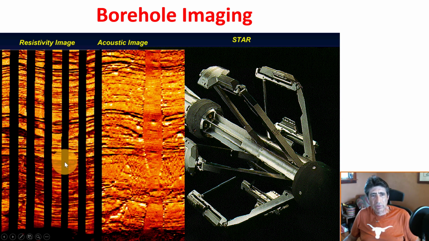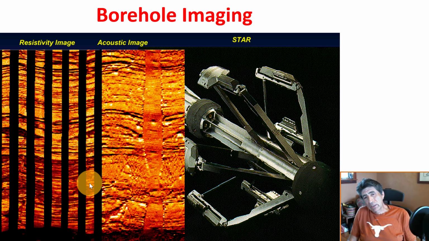by acoustic ultrasonic images or electrical resistivity images. But these measurements are very slow, they're very expensive, and often they're only run over short segments of the well. So they're not very commonly found. And even if you get this very high resolution, very often we encounter cases where the resolution is not high enough to recognize some of the geological features that perhaps will have an important, significant, measurable impact on the properties of the rocks that we're trying to study.